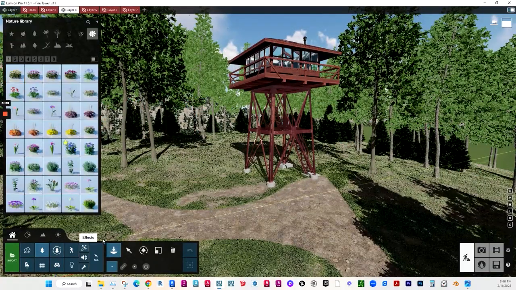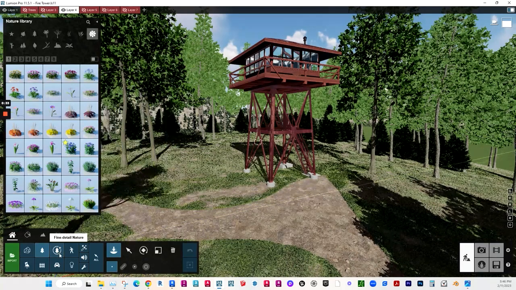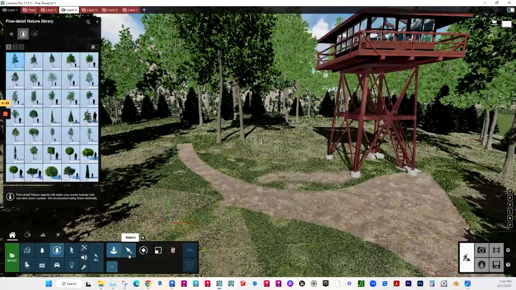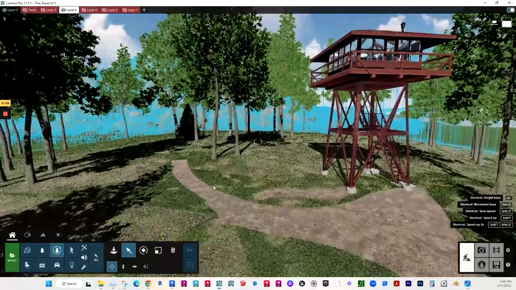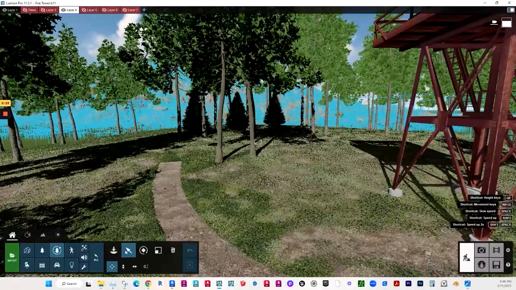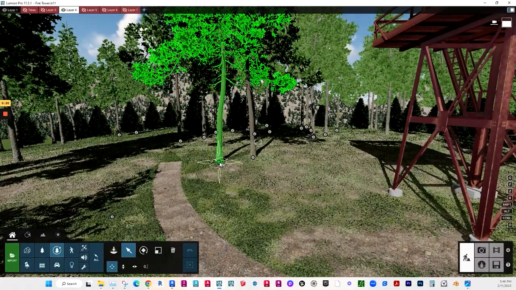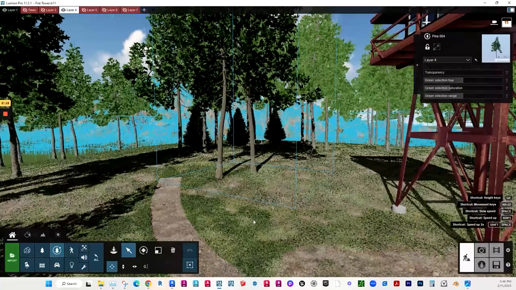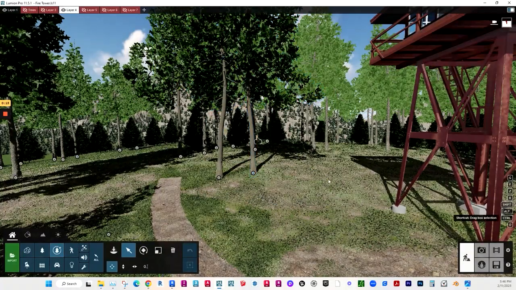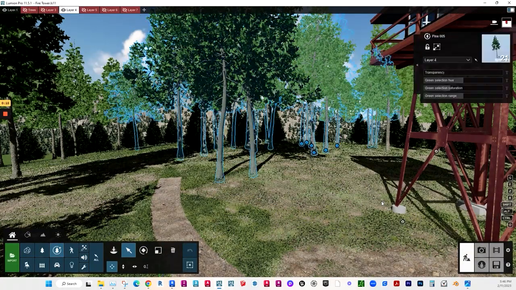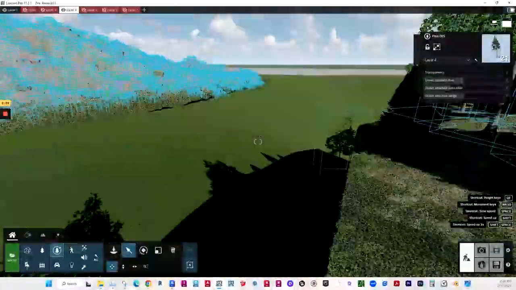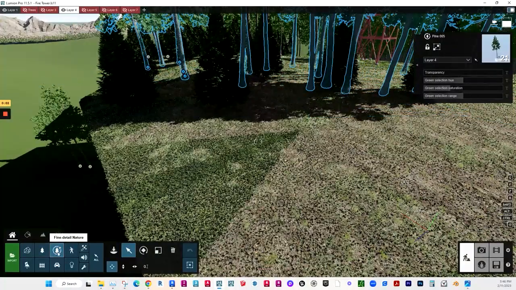So if we go to the nature tab, actually I have these trees right here, fine detail nature. So I will demonstrate what these other buttons do with the fine detail nature. So this cursor is our select tool, so we can individually select them. You can also press Control and box select. But notice I'm not selecting everything. I'm only selecting models that are in this fine detail